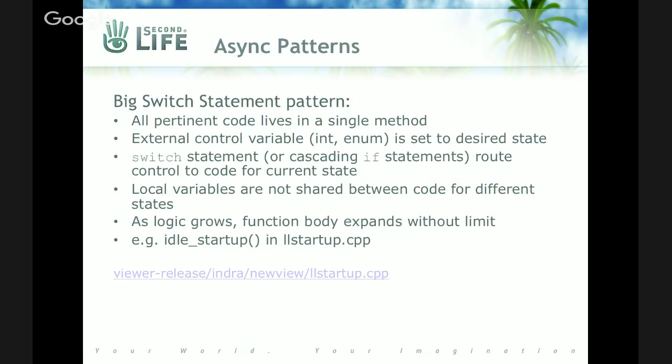That's illusory, unfortunately, because every time you make a state transition, you are actually leaving the body of the function and going back to the main loop. On the next entry, the control variable is used to send control back to the current state. The unfortunate effect of that is that you can't count on local variables. None of the local variables in that function are going to remain valid between calls. And so one problem is that all of the interesting state has to be kept in global variables,